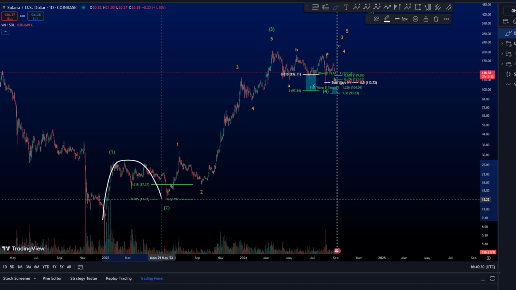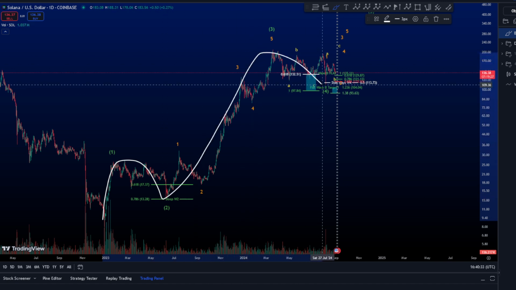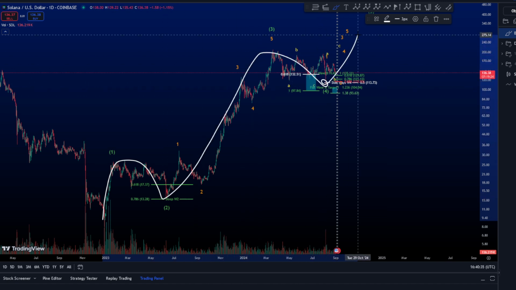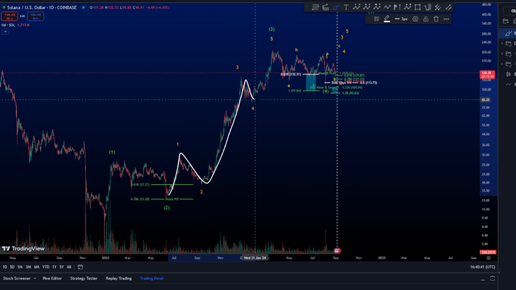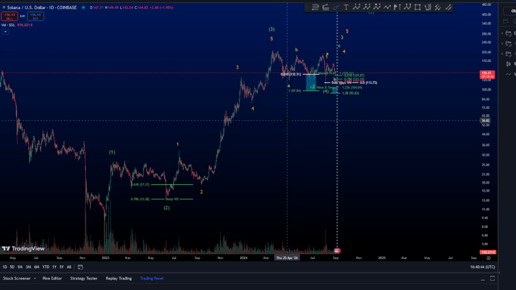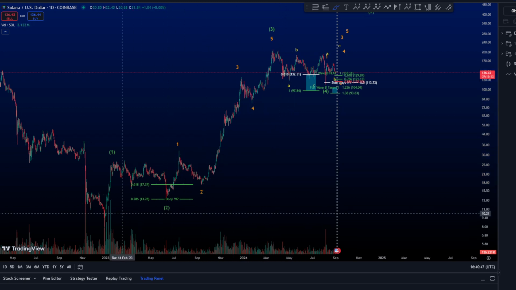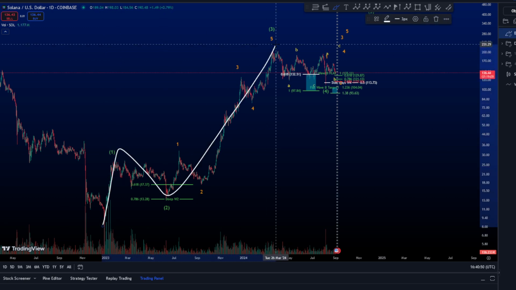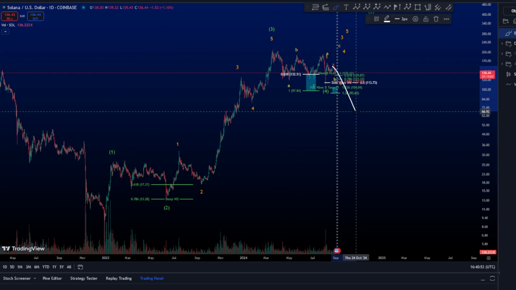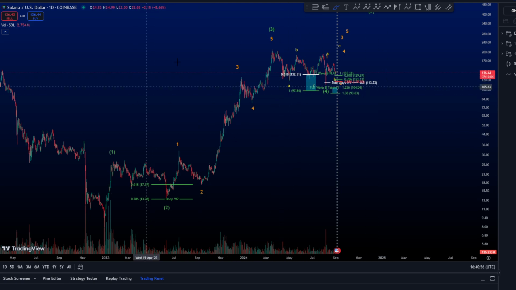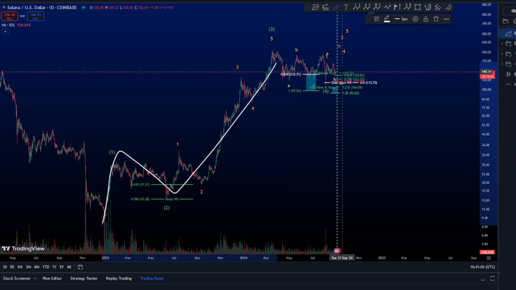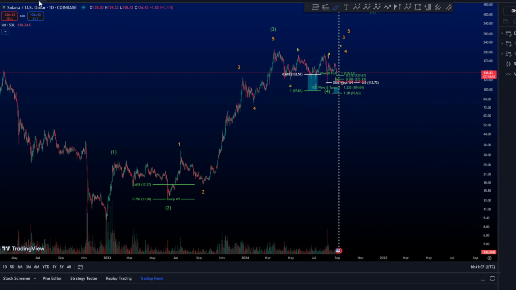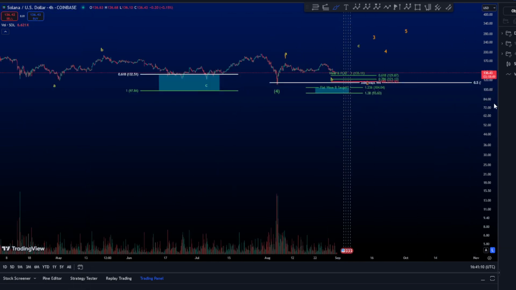We are still in that 1-2 impulse 3 and have potentially finished wave 4, and we are looking for a wave 5 towards the upside. Inside wave 3, we are looking for a clear, perfectly finished impulse 1, 2, 3, 4, 5, which has the potential to turn into a wave C, A, B, and C in case we went for lower prices. This is just the daily, to make sure you understand that if we see an impulse here, it might turn into a wave C for A, B, and C in case we go lower with prices. Now, if we go to the 4-hour chart,